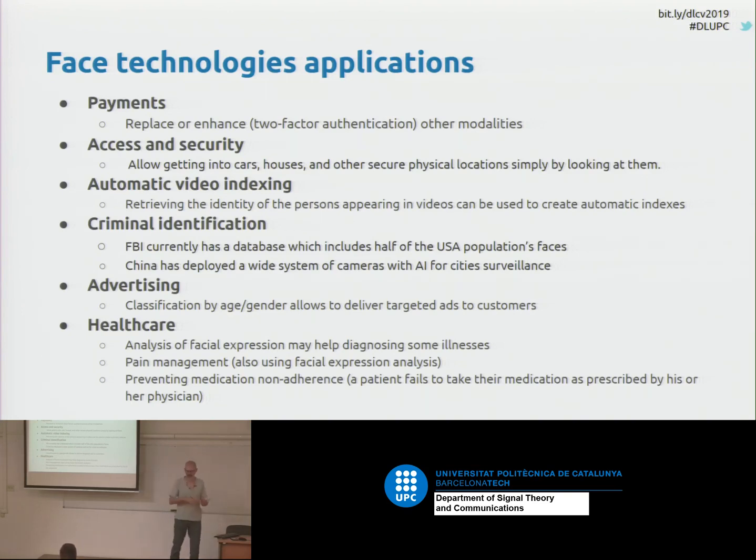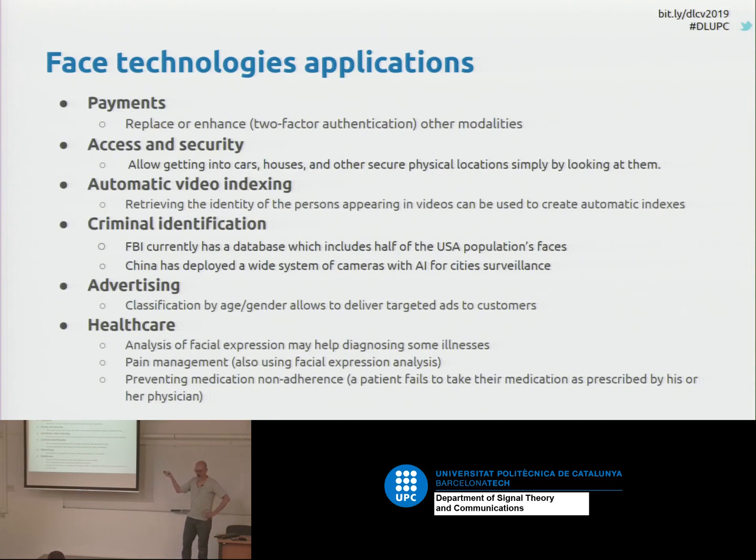And this can be combined with other methodologies, using two-factor authentication. For instance, you can combine your face with some key or some kind of card or password or code or whatever, and this way you can increase the security of the system. If you don't want extra security, what you can do is just drop the other modality and only use your face. That is more convenient, it's less cumbersome than entering a PIN or something like that.